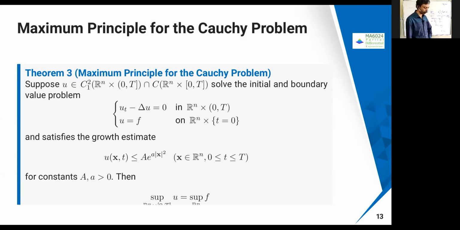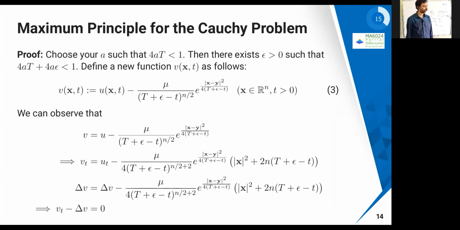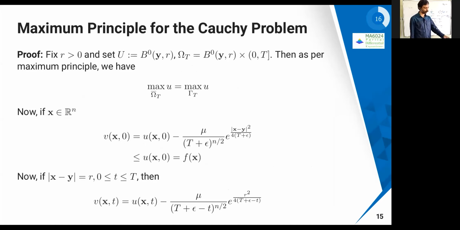Suppose you are giving some 100 degrees Celsius to a cooker, and the milk is boiling, or some material is boiling. Then you can immediately see that, depending on the material, the supremum of whatever you are giving as the initial condition is the same thing that is going to be attained. It is not going to rise above that. So basically, you can just visualize that, and it makes sense. I'm not going to give the proof, so you can just refer to this again. This is a very simple one.